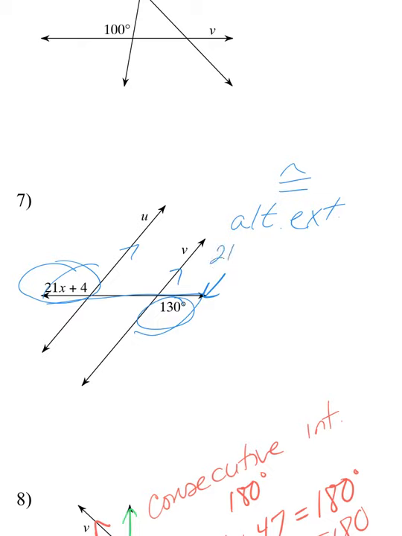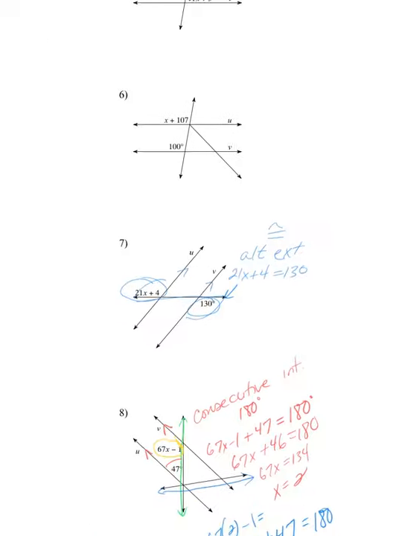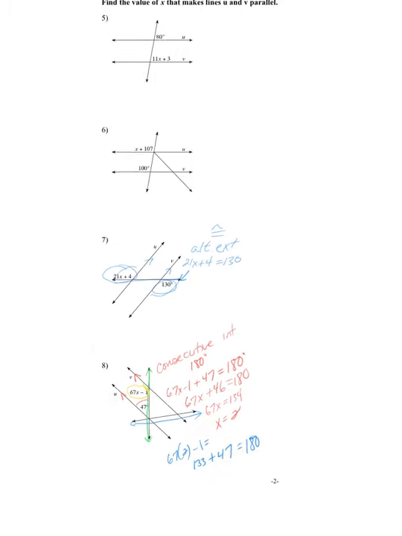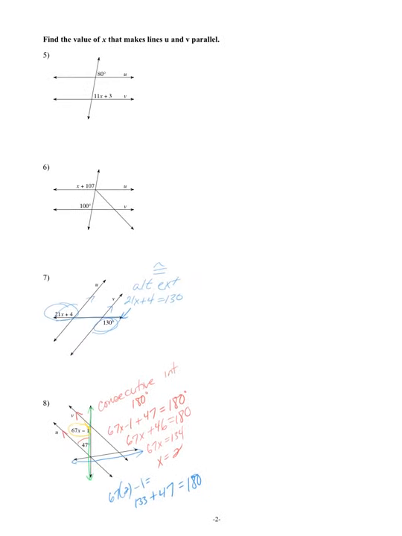Set them equal to each other. 21x plus 4 equals 130. So if you minus 4, you get 21x equals 126. Divide by 21, x equals